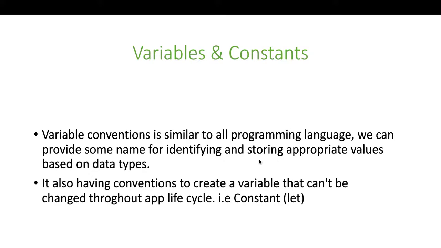Now we're coming to variables and constants. So what is a variable? Variable means that you have some kind of values, right? That value depends on your data type, right? Whatever kind of value you have, it depends on your data type, right? You have age, then it will be integer. But how will you store that value, how will you fetch that value? You will have to create some kind of identification, right? Let's take an example, right?